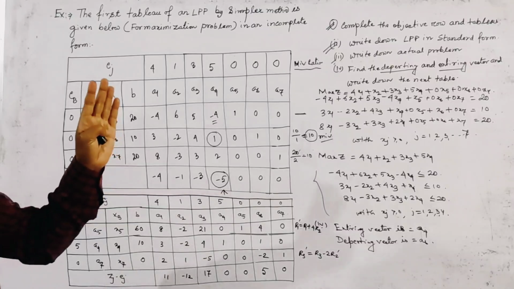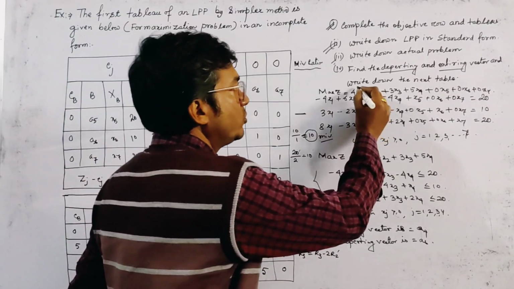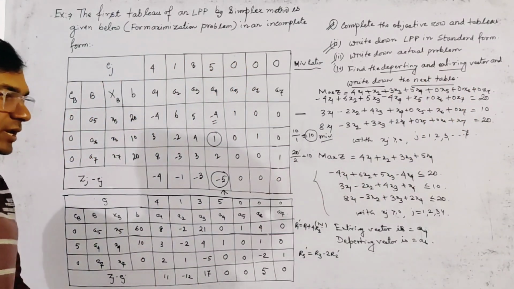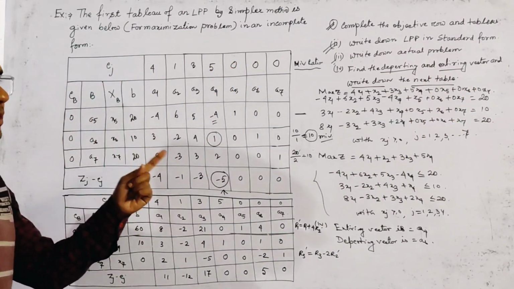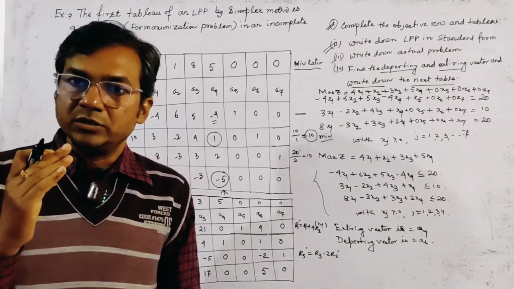But in our problem, it is given that we have to only write down the next table. So this is the next simplex table of the given problem. This is your complete solution of